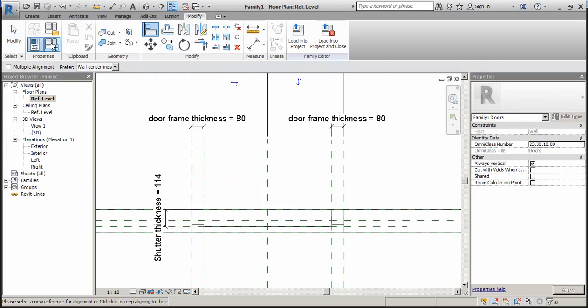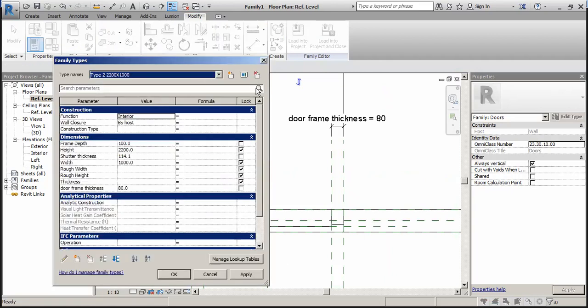So now we will see this in family types. So in family types, you can see the frame depth. It is 100, no problem. Height 2200. Shutter thickness is 114.1.